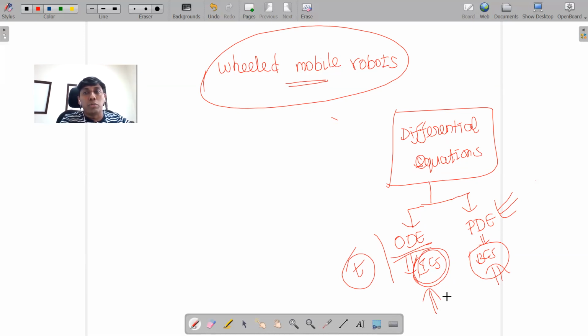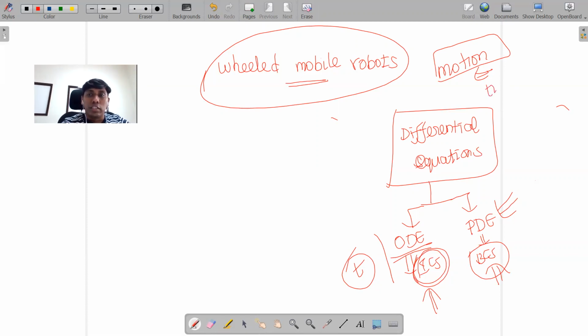However, in this particular course, we are talking about motion, so it is a dynamic system, and only motion is what we are bothering about. Motion is a change with respect to time, so that is what we are intentionally doing. Time dependence is the core, so all the equations we have derived would be functions of time, and we are trying to solve the differential equation.